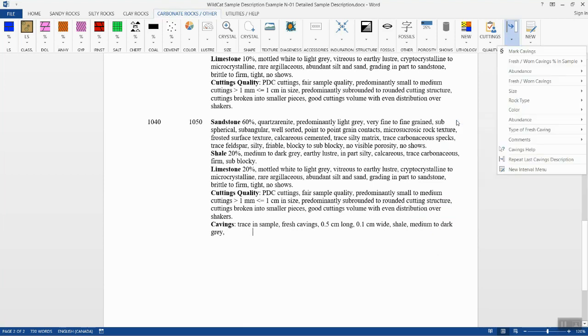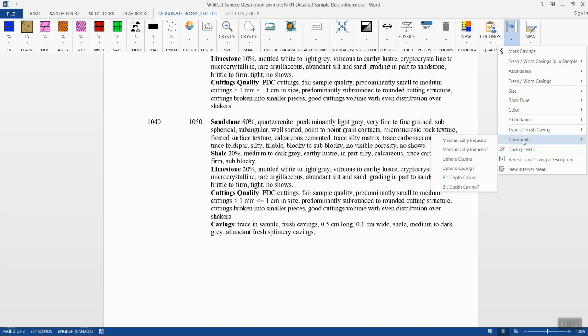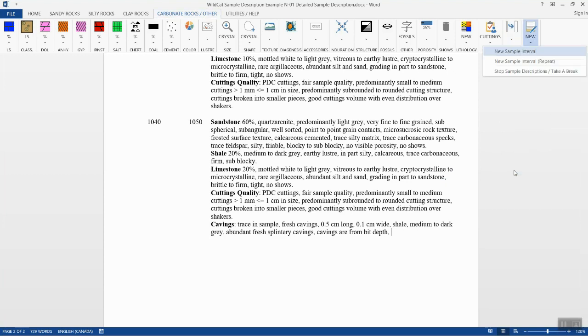And the caving is abundantly splintery. Next we'll put in a comment about it. And we'll say that the cavings are from bit depth. We'll then select a new interval,